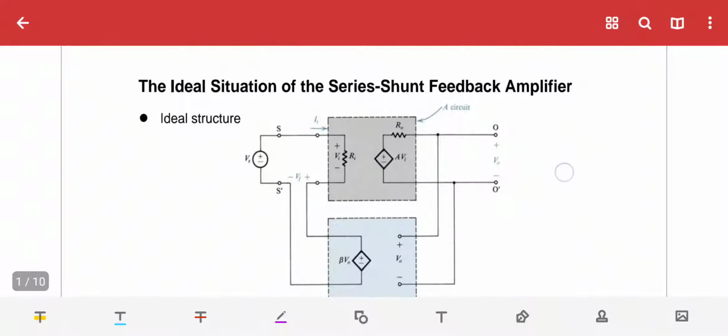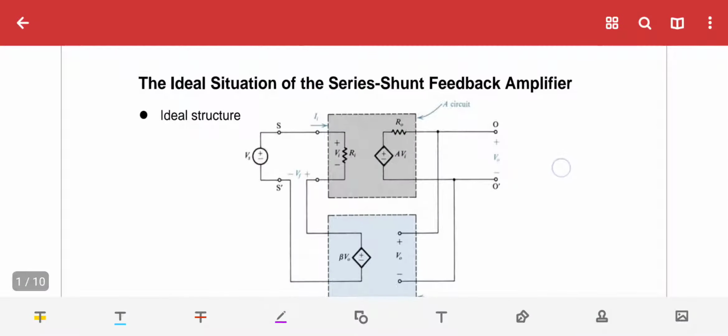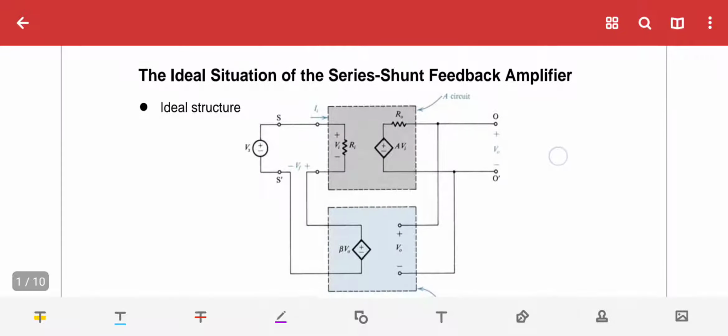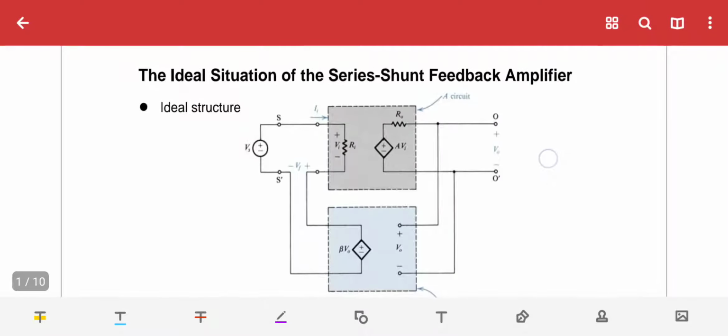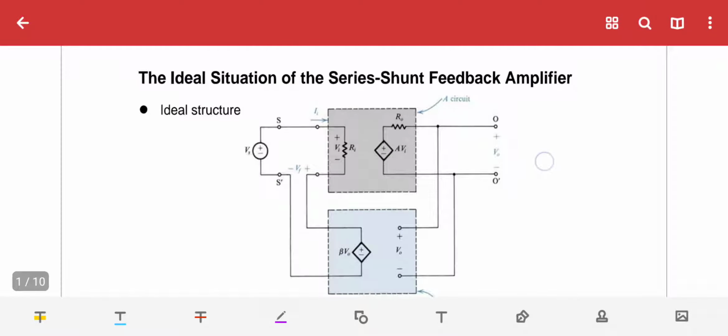So ideal situation will be discussed. Practical situation is not included in your syllabus. So the ideal situation of a series shunt feedback amplifier. So when we are hearing about series shunt feedback amplifier, the thing that has to come in your mind is